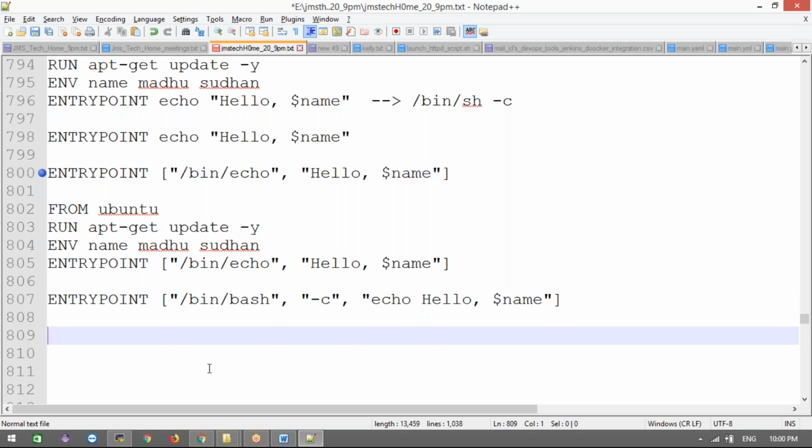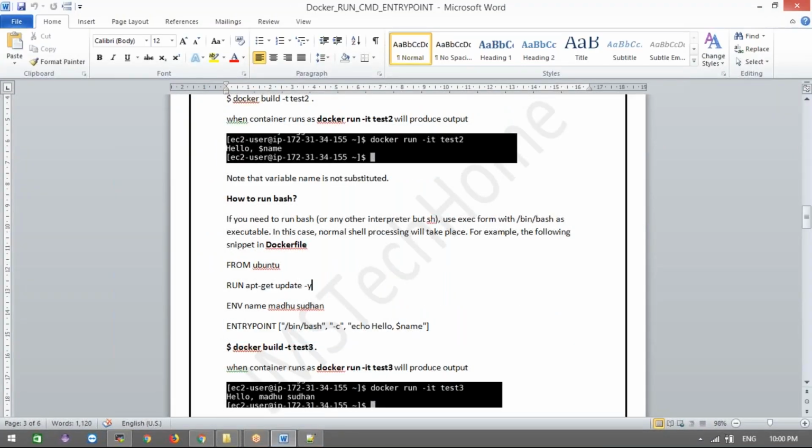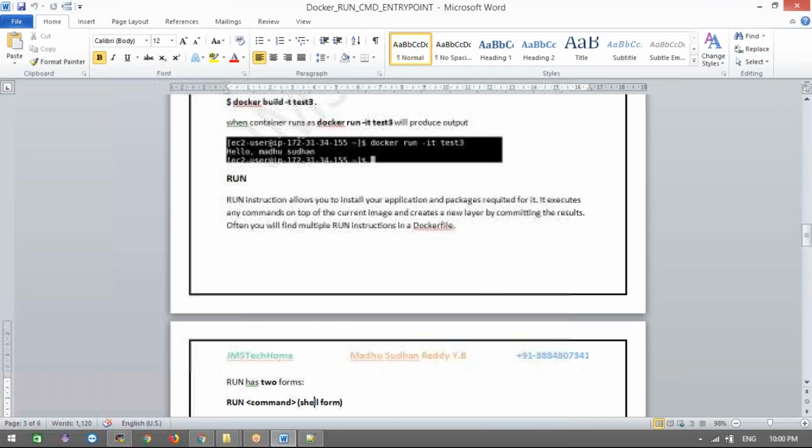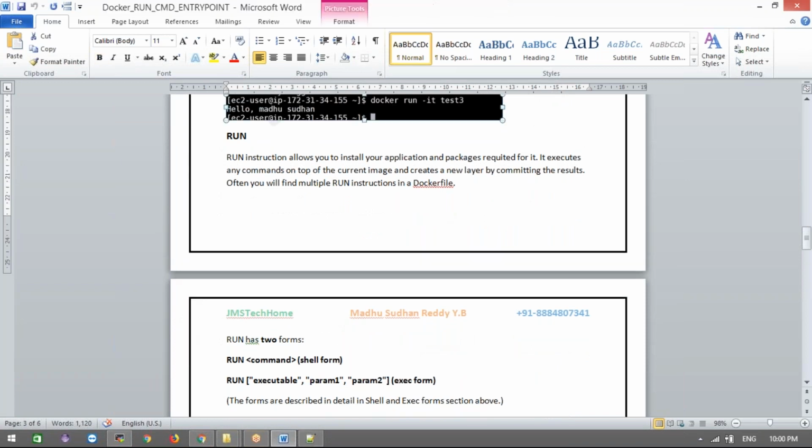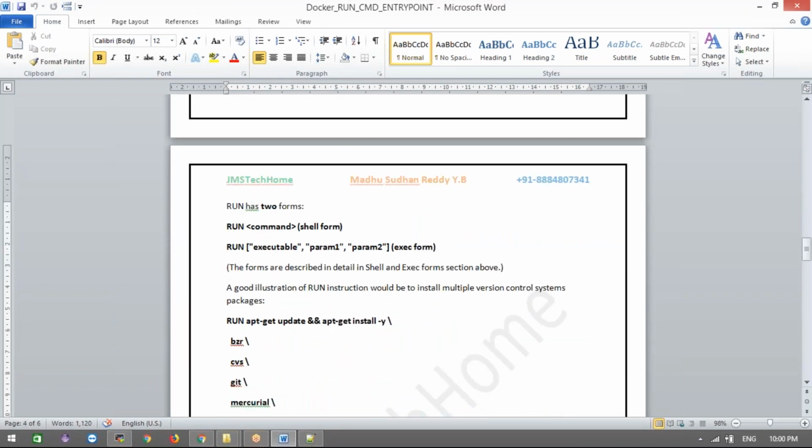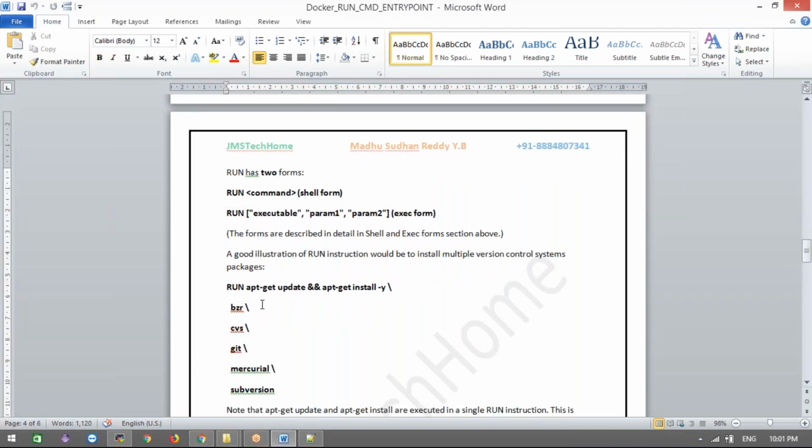Okay, then next let me show you, so you will get more clarity. Now this is the RUN command, right? I'm going to discuss the exact difference between RUN and RUN. This RUN again has two forms, just like shell form and exe form. And remember guys, in the interview they will ask how you can optimize the Dockerfile. Optimizing a Dockerfile means, however many layers there are, that much size it will take, right?